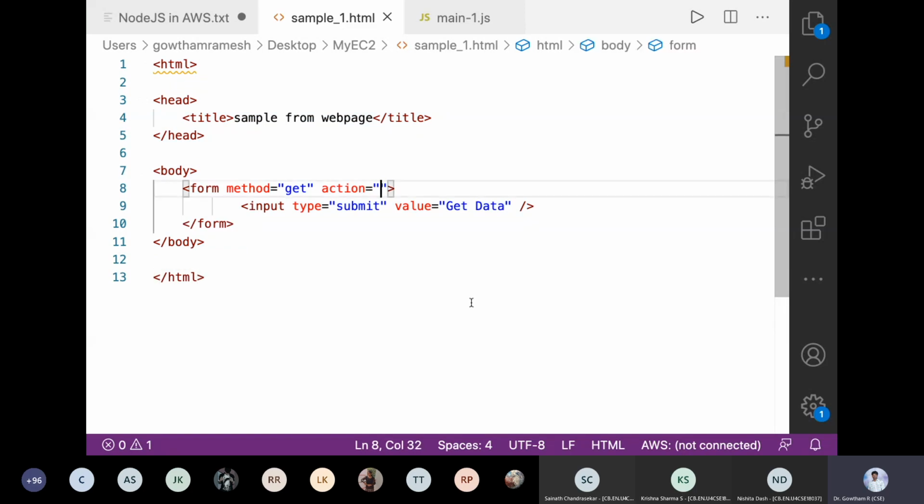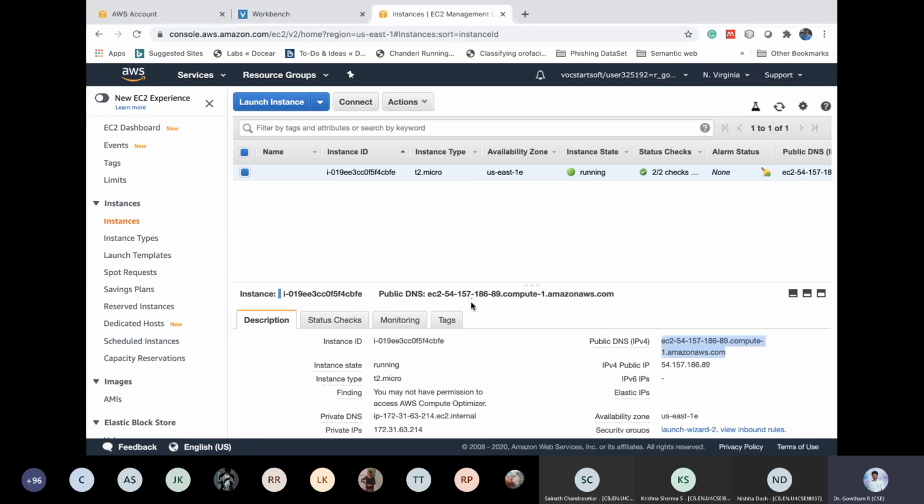So what is the server address? The server address I'm supposed to specify is http:// and the IP address of the server. Where do I get the IP address of the server? Go to the AWS prompt. Here you will get the IP address in the same description tab. You see the IPv4 public IP address. Copy this address. In the previous step, you copied the DNS. In this step, you're supposed to copy the exact IP address. This address points to the EC2 server.